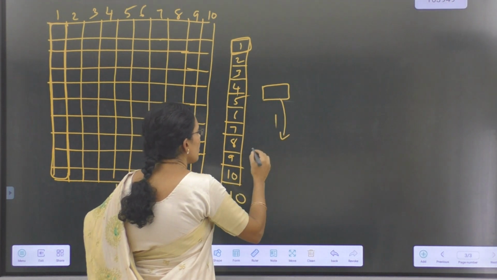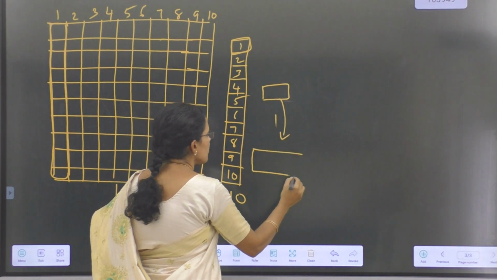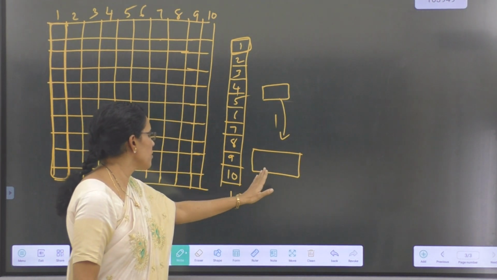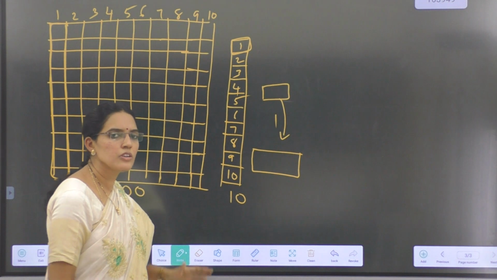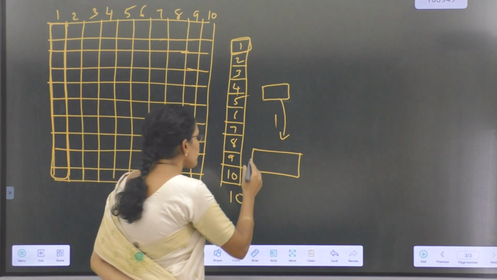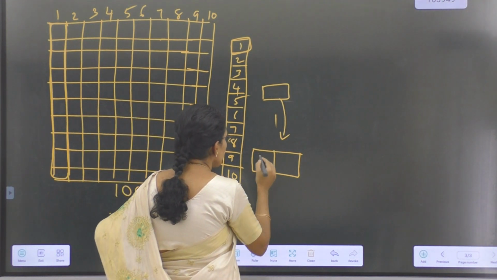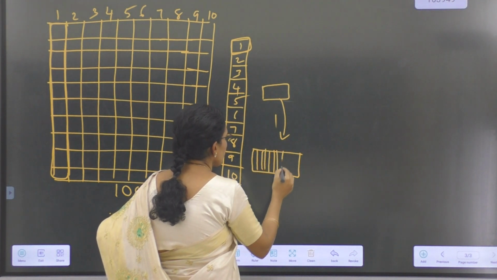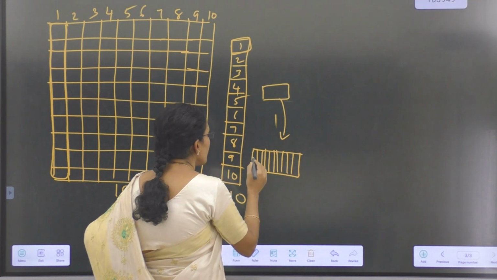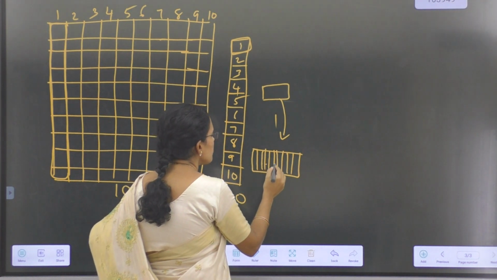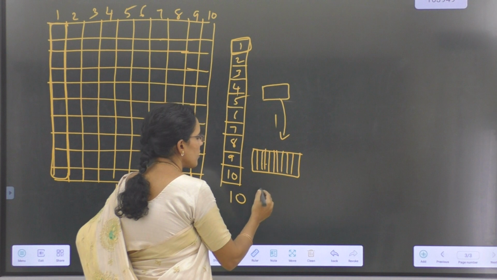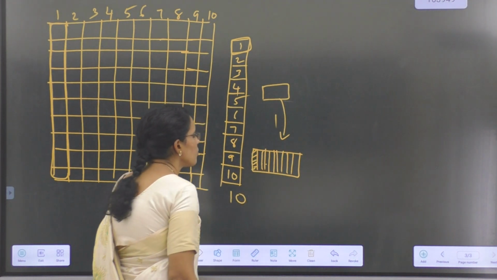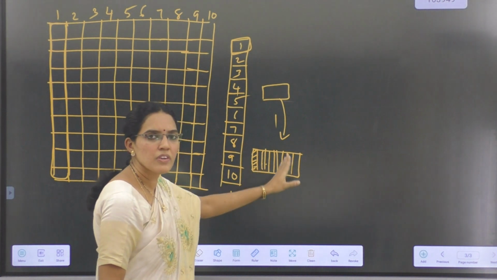Now imagine we are looking through a magnifying glass. This chocolate bar, if it looks like this, then further I am dividing this one chocolate bar into 10 equal parts again. 1, 2, 3, 4, 5, 6, 7, 8, 9, 10 parts I divided. If I consider only one out of those, then one part is shaded out of 10 equal parts.